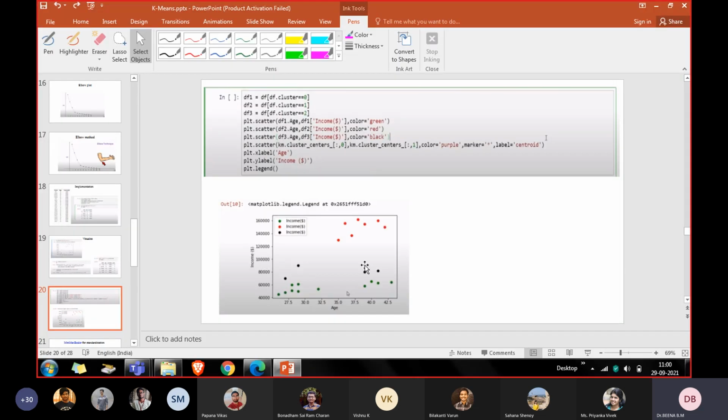Now here, the red cluster is okay, all the data points belong to the red cluster, but the black data points are jumbled up, right? So the red cluster is perfectly categorized, but the second and third clusters, that is the green and black clusters, are not perfectly categorized. Why is it happening so? Can anybody say why we are getting the jumbled data points here?